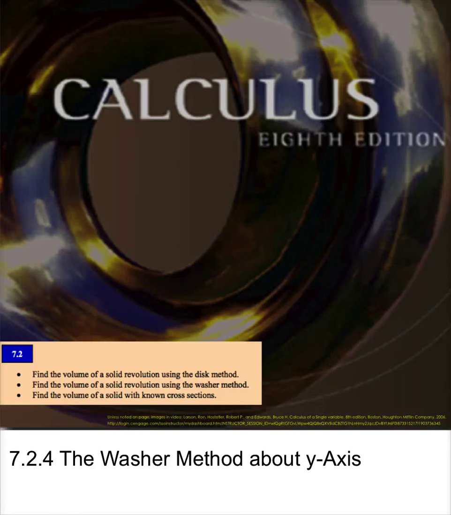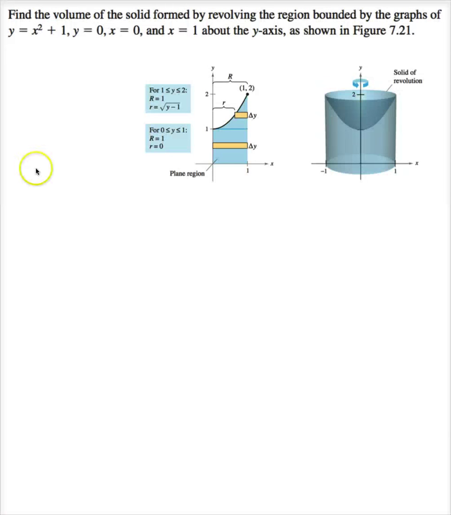Now sometimes we need to use the washer method about the y-axis. So if I look at the solid formed by revolving the graphs of y equals x squared plus 1, which is this curve right here, y equals 0, x equals 0, and x equals 1, so it's a shaded area, about the y-axis. The first thing I want you to notice is we are going to have two different integrals, because when